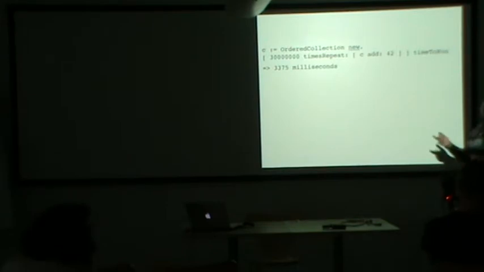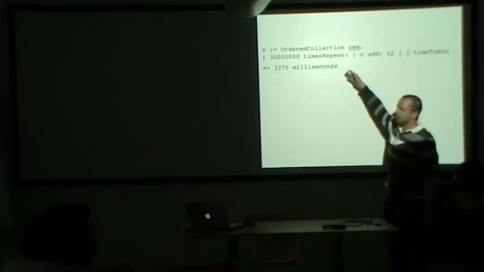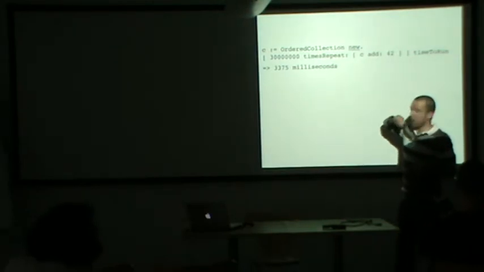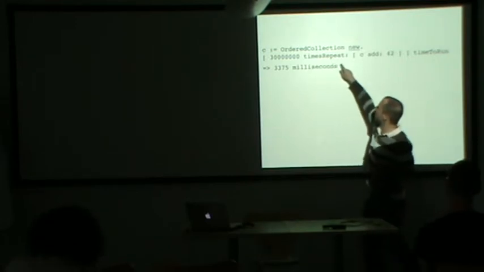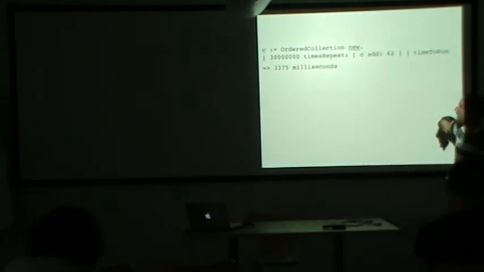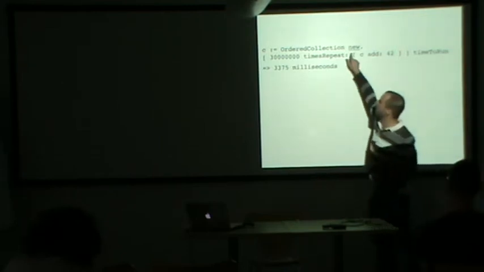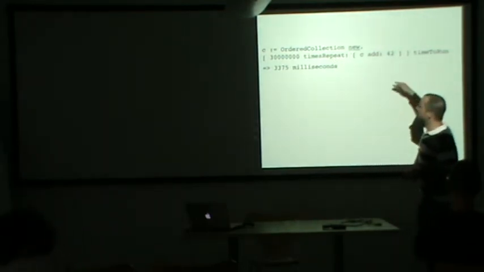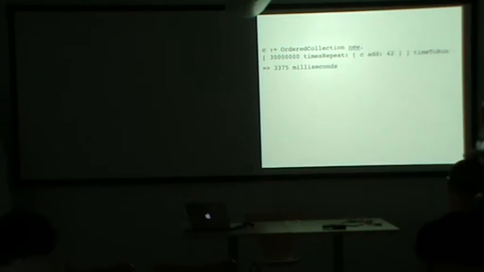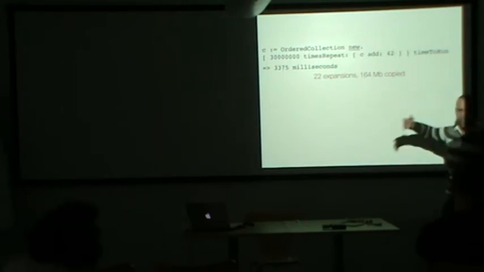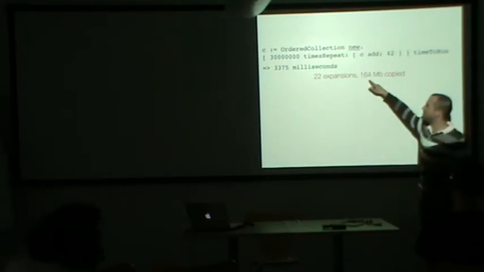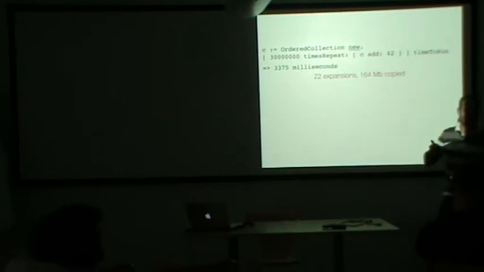And then, instead of adding 11, what happens if I add, let's say, 30 million? So here I have 30 million that will repeat C at 42, and then I create another collection that way, of the collection new. This takes, on my machine, about 3 seconds. And what happens here is that there are 22 expansions. And these 22 expansions mean that there are 164 megabytes that are copied between all the temporary arrays that are